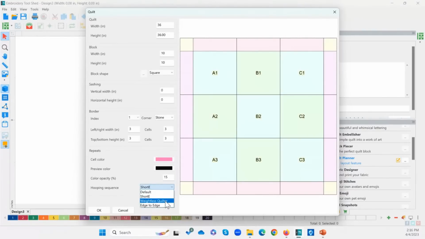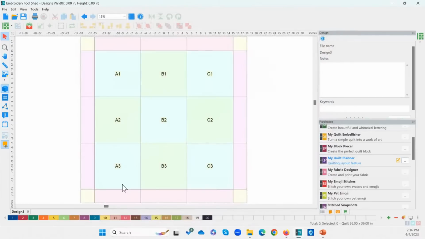Now, even though you may not have a Weightless Quilter or a Shorty, it's really about the sequence that you're going to quilt in. And I'll show you that. So even if you don't have a Weightless Quilter, it is still okay to choose that, and I'll show you why. So now that I've got all my settings, I'm going to say okay,